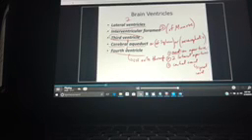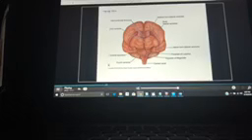And then here's another view of the ventricles. Here's the lateral ventricles here. Again, CSF from here will go through the foramen of Monro, or the interventricular foramina, into the third ventricle here. Then it will go down the cerebral aqueduct into the fourth ventricle. It can escape out through the lateral apertures, or the so-called foramen of Luschka, and can also exit out through the back, through the foramen of Magendie, or the median